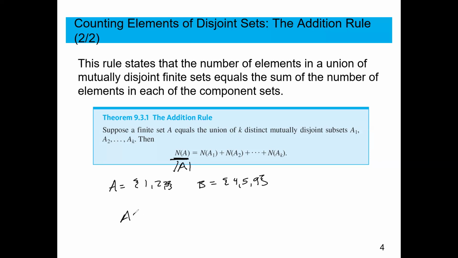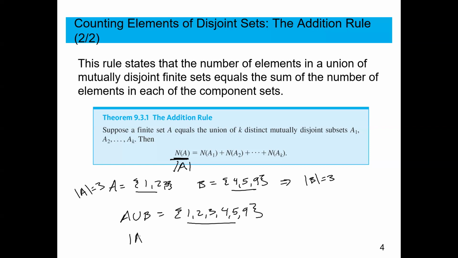Then obviously A union B is going to be the set 1, 2, 3, 4, 5, 9. Because these sets have nothing in common, their union has the cardinality of their sum. Because the cardinality of B is 3, and the cardinality of A equals 3. So the cardinality of A union B equals